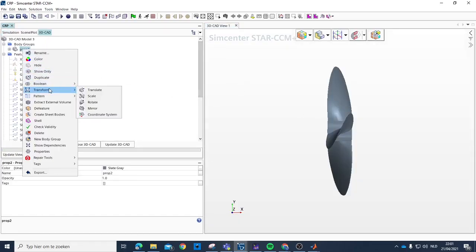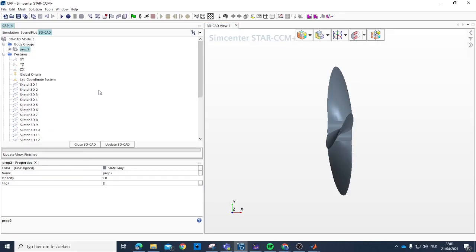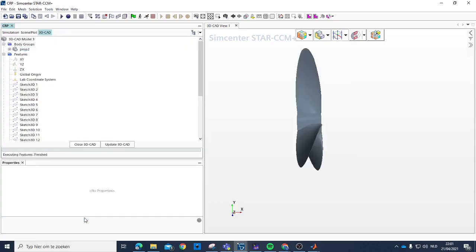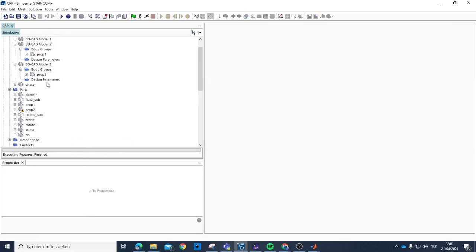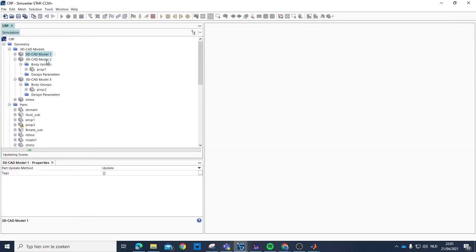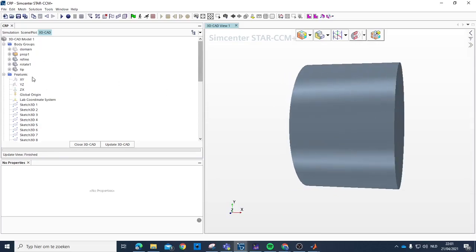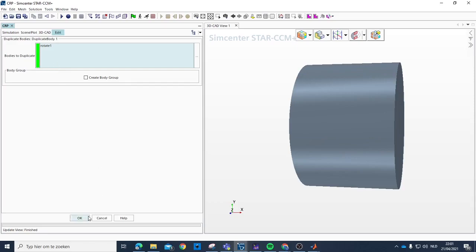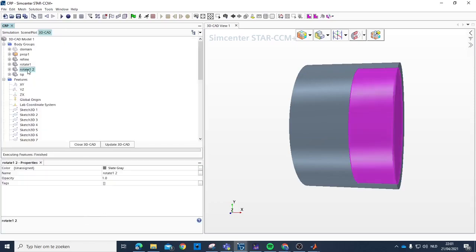I will of course have to translate it in the X direction negatively. Of course, how can I forget? Update, close 3D CAD, and of course I also have to make another rotate region. So duplicate, yep, we call it rotate 2,